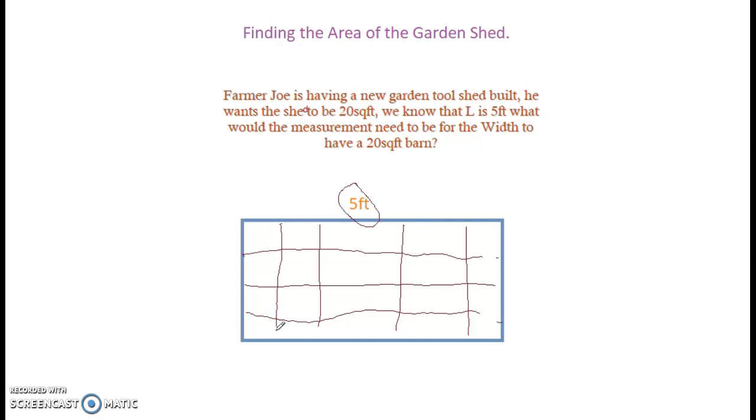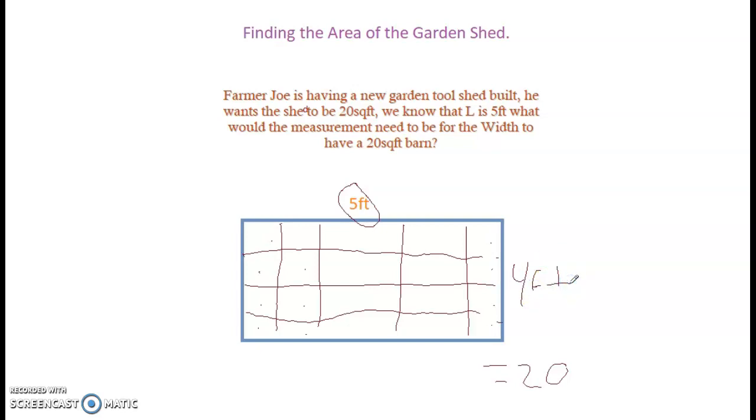Okay, so we count all the squares within our rectangle. We come up with 20 squares inside of our rectangle. So that means we have 1, 2, 3, 4 squares going up. So it would be 4 foot